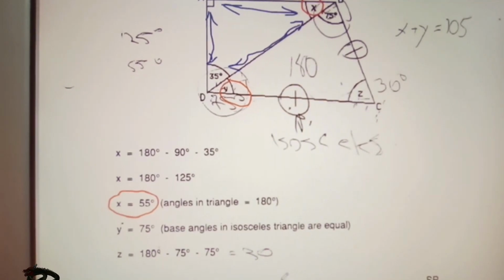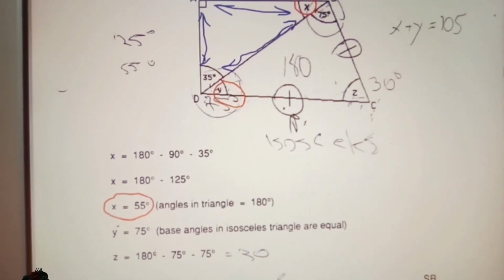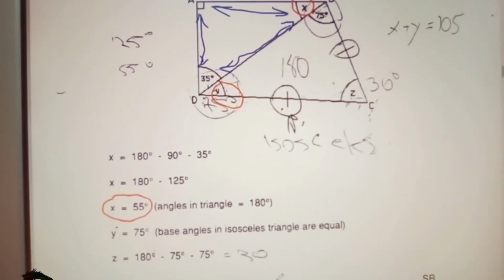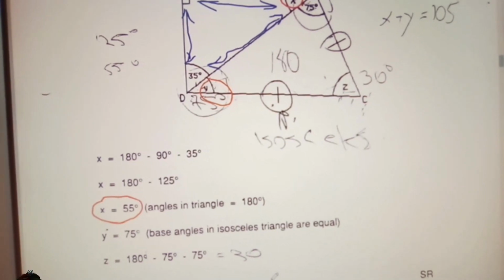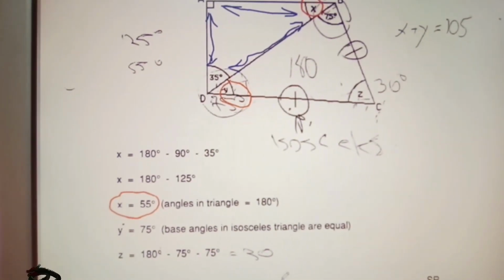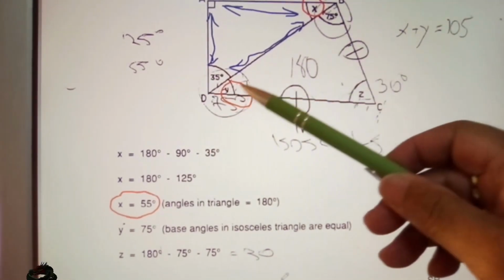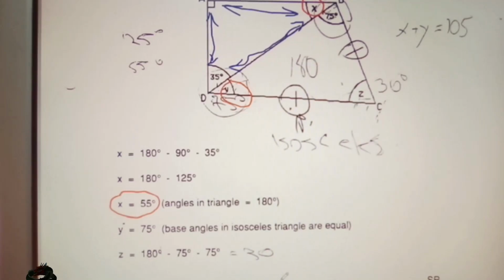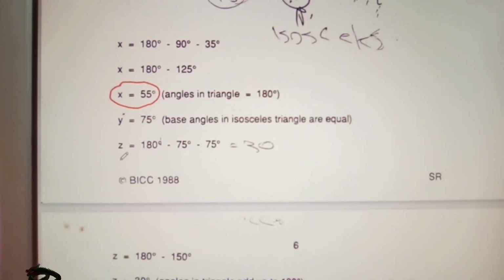And z should be equal to, so let's just see. Now remember 75 and 75 equals 150, okay? 75 and 75 equals 150. So that becomes